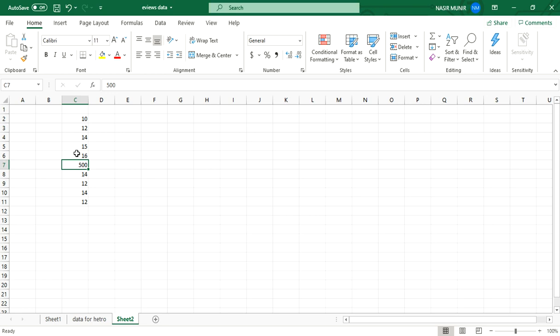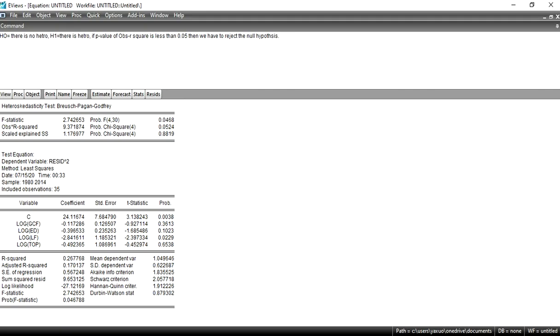This problem of outlier will also be solved by log form. As you know that log squeezes the data into very small numbers. So you have to look in your data: if it contains an outlier, it will create the problem of heteroscedasticity. Okay. So here we discuss the two methods for removing